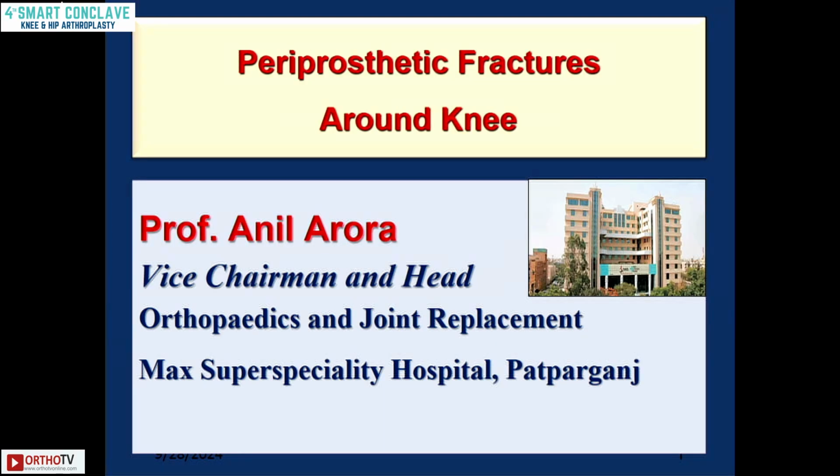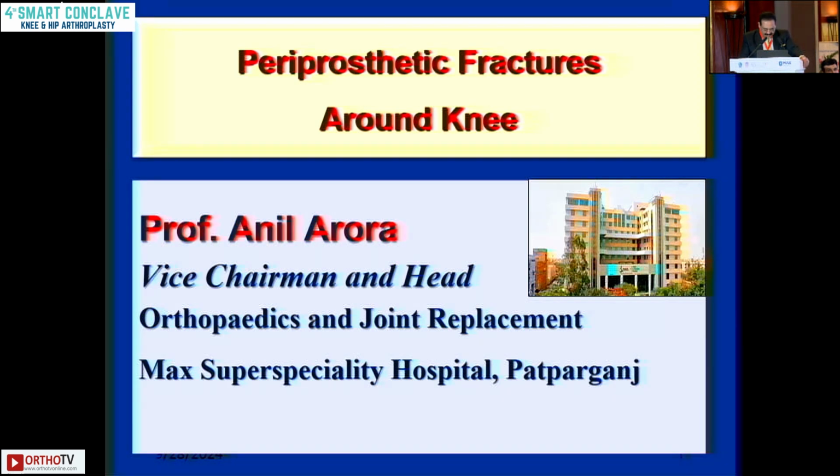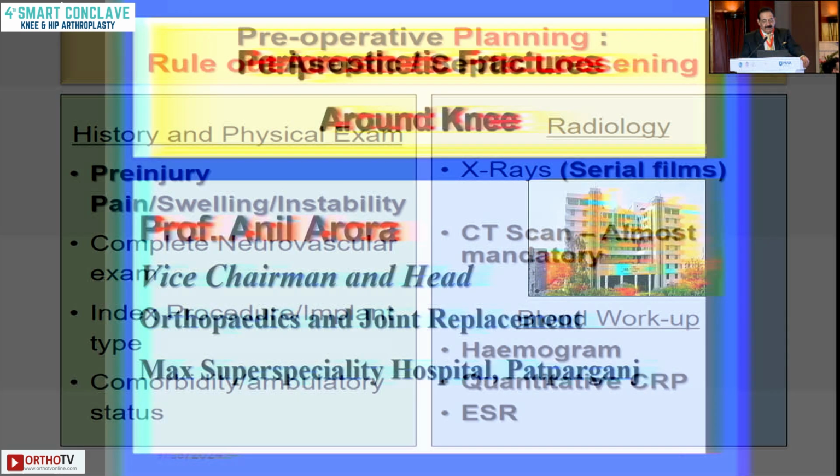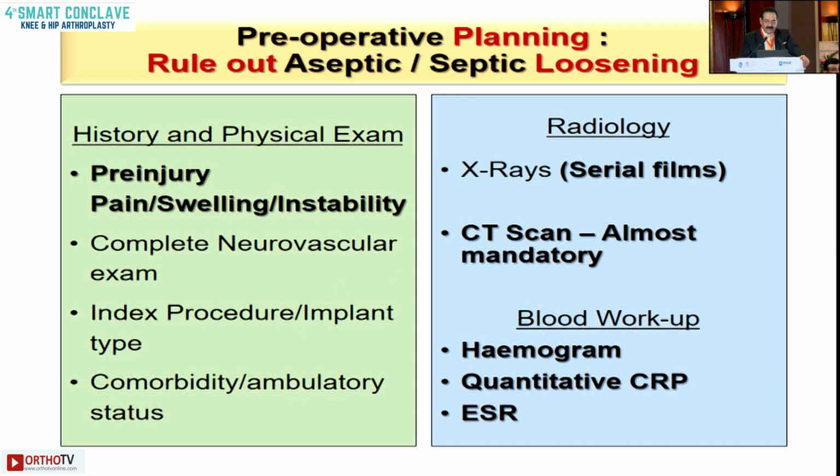Periprosthetic fractures are not uncommon around the knee. And of all the predisposing factors, osteoporosis tops the list as one of the major predisposing factors. Now, whenever you're planning treatment of any periprosthetic fracture around the knee, it is of paramount importance to reasonably